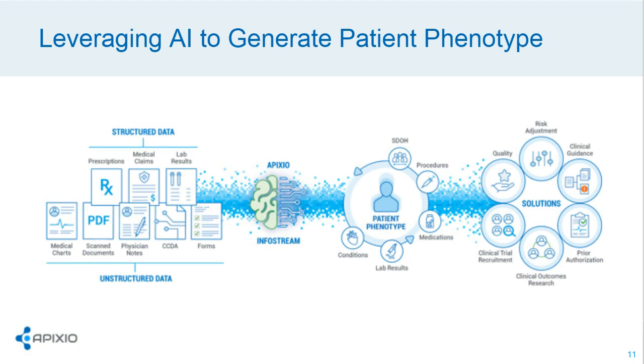We'll call them solutions, whether it be initiatives around risk adjustment, quality, call that HEDIS, call that STARS, call that measurement of provider performance to quality standards, clinical guidance. Prior authorization is a hot topic these days as well as life sciences, clinical trial recruitment, outcome research. All of these can be supported by proper structure of that data, the science, and the content of that